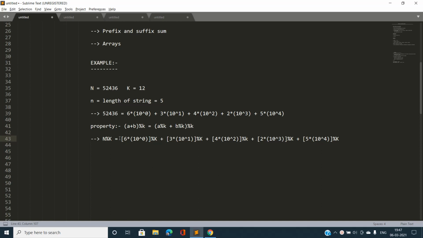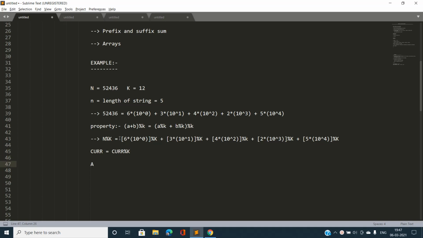Okay, so this is what n mod k is. Note that I am going to take the modulus of the entire value. That is, if I am taking the substituent parts with modulus k, I have to take the modulus with the entire value. So if this has the value CURR, then I am also going to take CURR mod k. Okay, so this will be our answer.